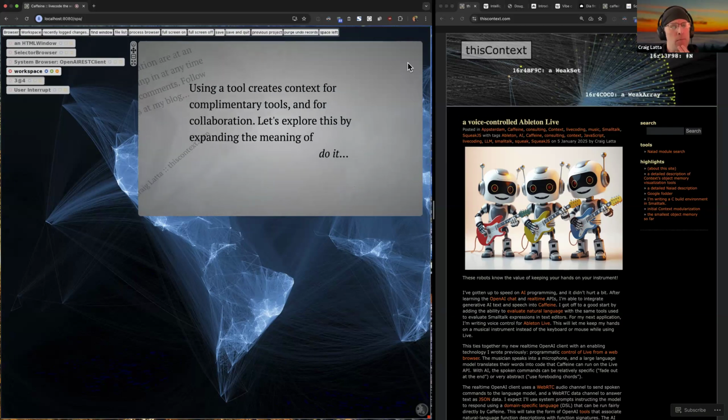So my basic idea that emerged from this is that the mere act of using a tool creates context for tools which complement it, and for using those tools to collaborate. And in keeping with the original Smalltalk ideas put forth by Dan Ingalls and crew way back in the Byte magazine articles, of taking a simple idea and applying it pervasively,